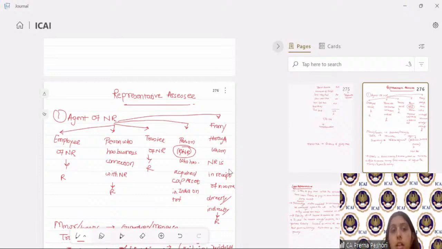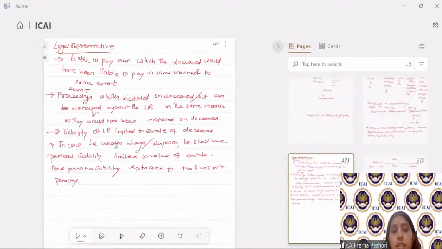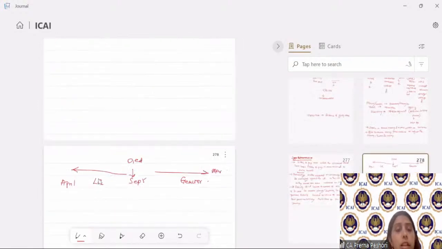Namrata, assessee is alive in this case, right? You are saying that the assessee is alive. How is the assessment made on legal representative? The assessment will be made after the assessee has died. Though he was alive, but now the assessment will not be made between April to September. Assessment will be made after March only, right? Assessment year is going to be after March.